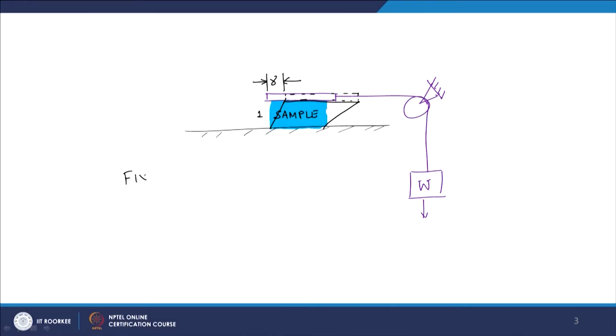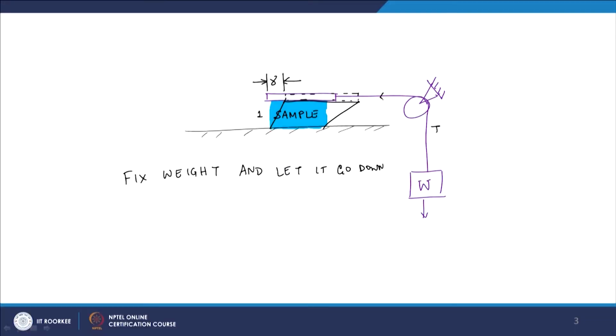So, either I can fix a weight and let it go down. In that case I do not have any control on the stress anymore. The stress is because of the tension in the rope. This tension gives rise to a certain stress here. That stress of course is per unit area. So, in that case we are essentially fixing sigma, and we measure